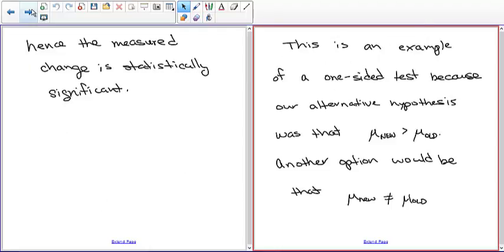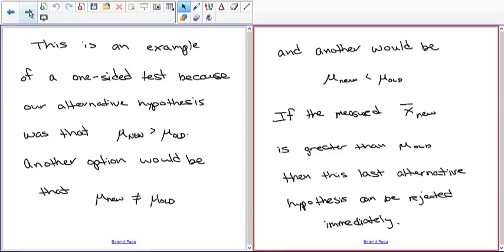The other two methods: this is an example of a one-sided test because our alternative hypothesis was that the new population mean is greater than the old population mean. Another option would be that the new population mean is different than the old one. It could be greater than or less than, and you have to do things differently under those circumstances, but we're not going to worry about that in our case. If you ever take a statistics class. Another one could be that the new mean is less than the old mean, but that's highly unlikely in our case